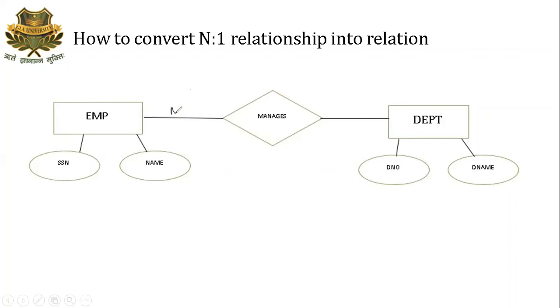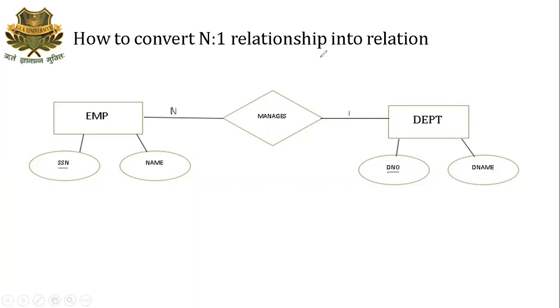You'll be able to understand with the help of this example. Suppose the statement over here is every employee has to work for at least one department. That means every employee must belong to any one department, and a department can have many employees. So you can represent this like an n:1 relationship, right? And here social security number is the primary key, and here the department number is the primary key, right?